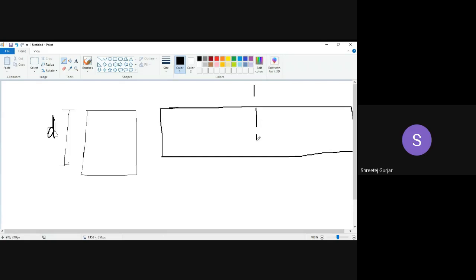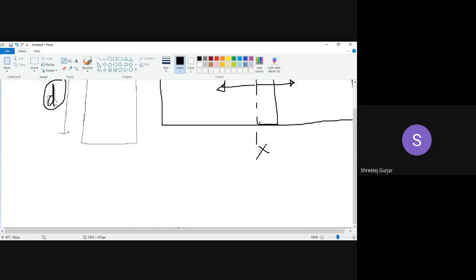Suppose you have taken this particular section at this plane. This is the section taken at this cross section XX. Whatever VCR you calculate is applicable to a distance of d by 2. Suppose this distance is d by 2; D we know is here, and d by 2 is this distance. We do not know in which direction it is measured, so they have also mentioned that it is to be measured in the direction of increasing moment.